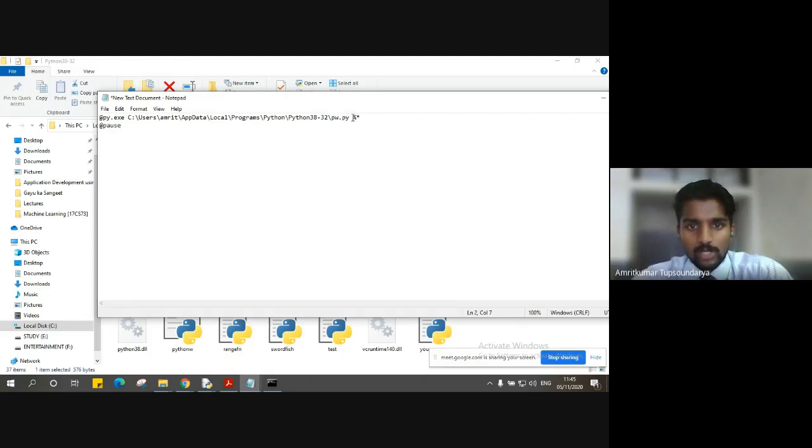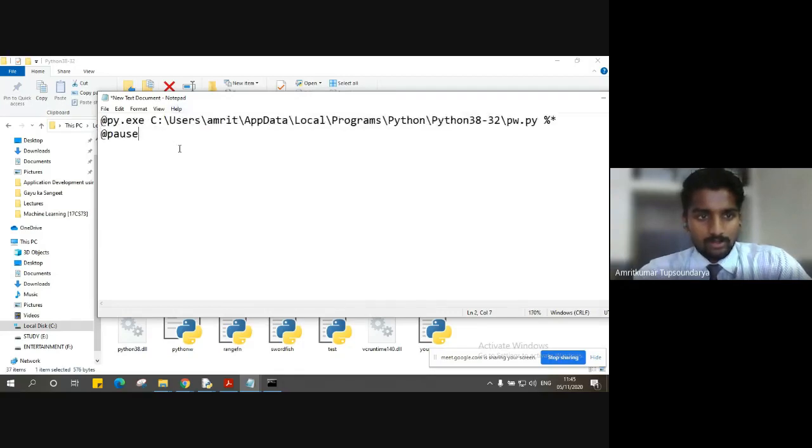Now in order to make it run through the Windows R run command, you have to make use of these characters, that is percentage and star, which will help this batch file execute from Windows R also. And you also have to mandatorily give a @pause. Let me highlight it.